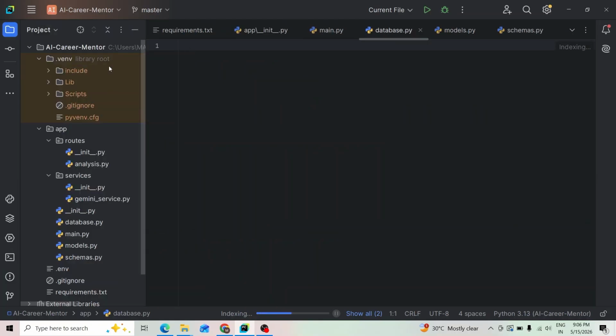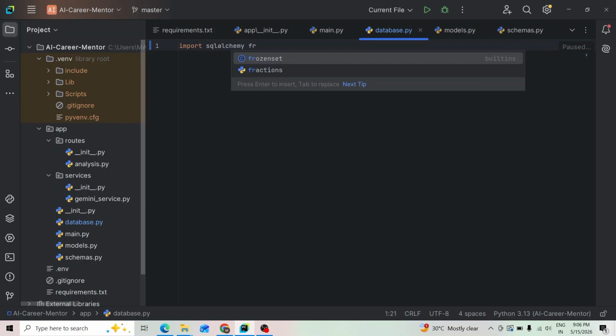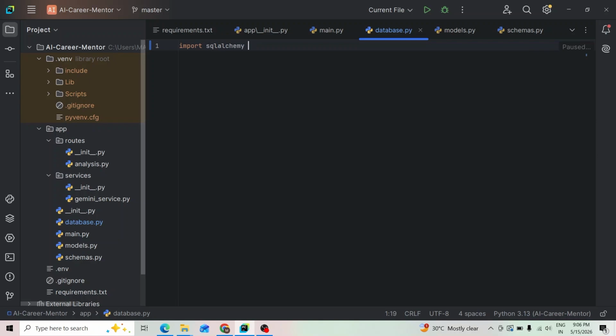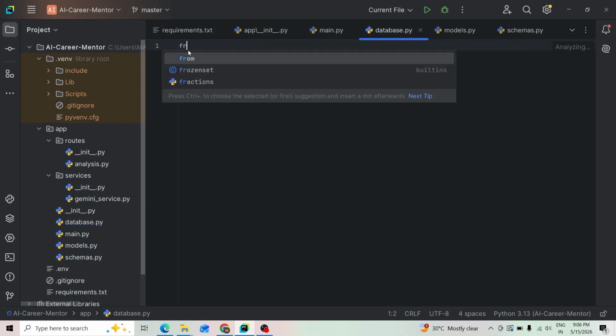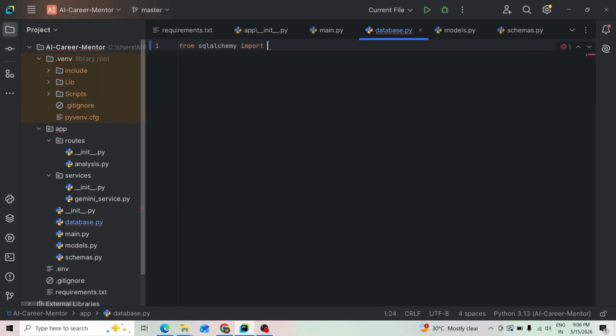So let's write it. We'll first import SQLAlchemy. Sorry. We'll require an engine, so we'll create an engine first. Then from